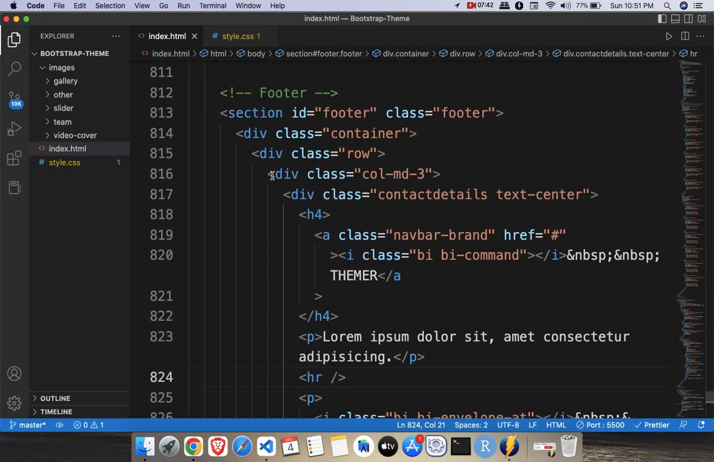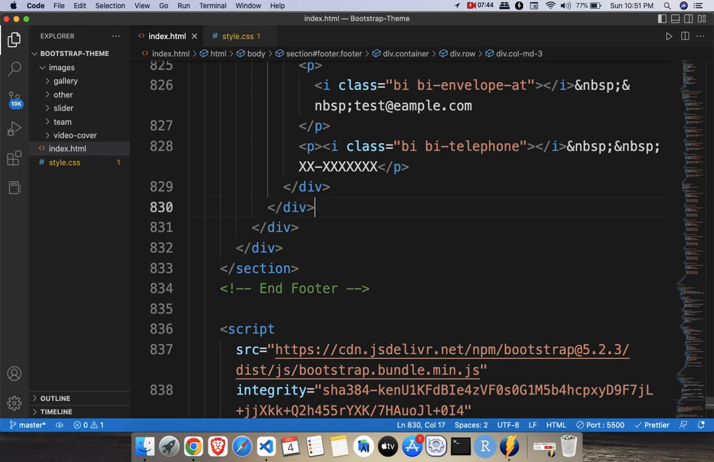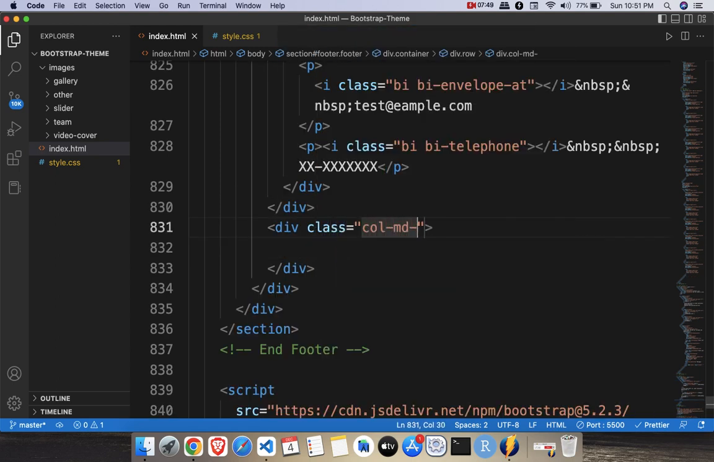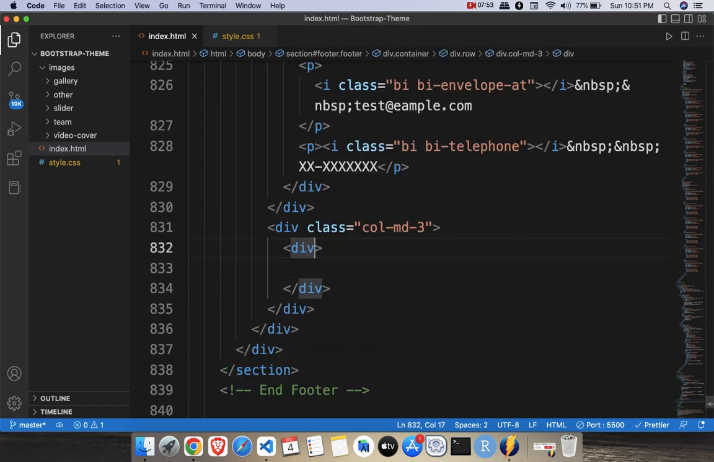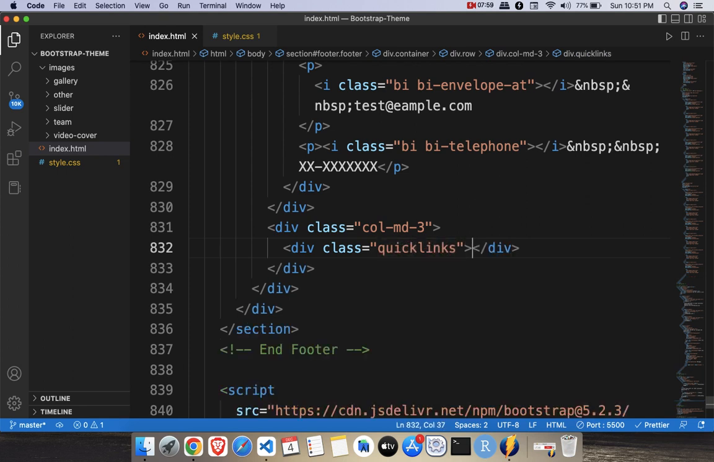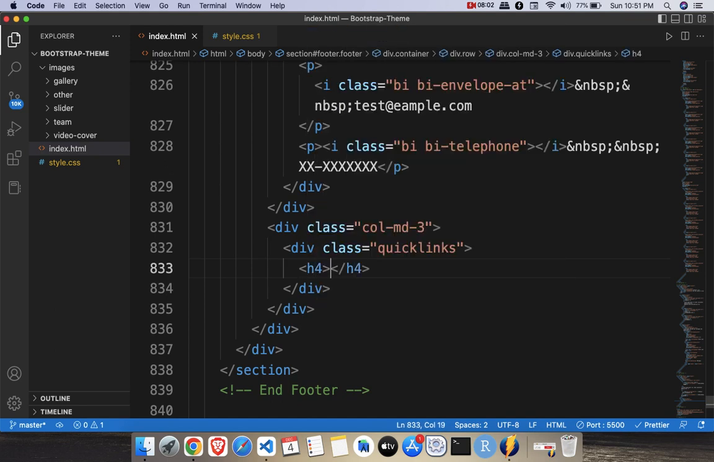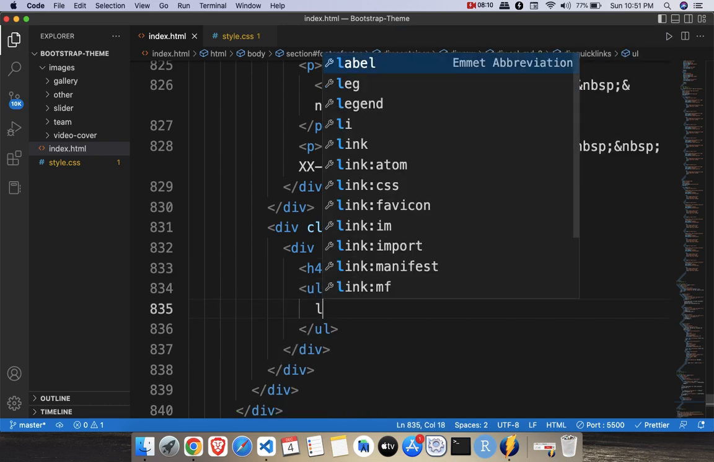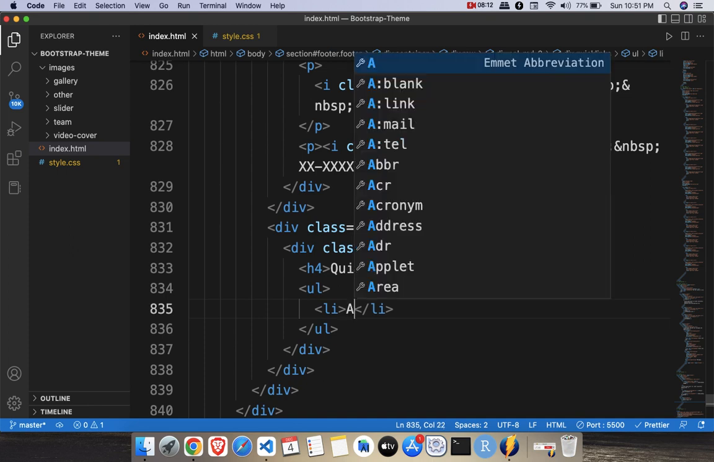So after this three column I'll need to create another division with a class of col-md-3. Inside this we want to create one division and the class will be user defined class. We'll name it as quick links, and inside this quick link again I want a title of h4, that is quick links, and below these quick links I want an UL and I want to provide a list of